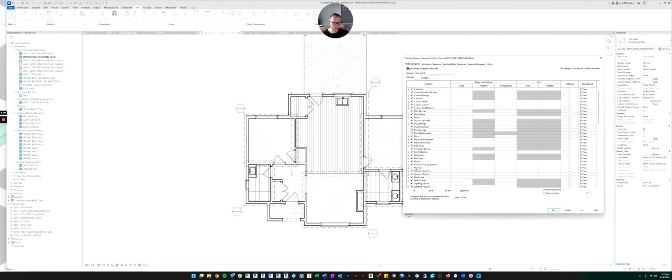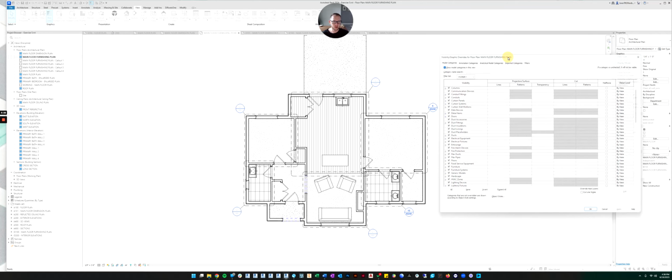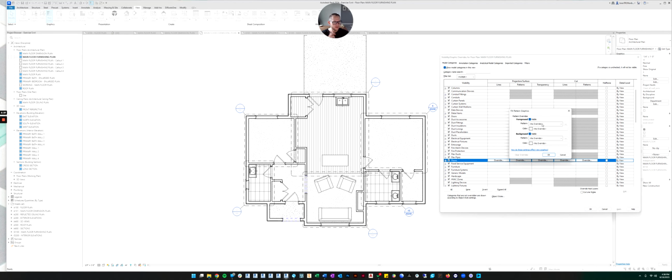The other thing we want to do is show the furniture. So while we're here, let's click the furniture box and click apply. And now our furniture comes back. Something I personally like to do is make this a little bit better looking than it is. If you just did this, you're probably fine. But I like to soften the floor pattern because it's a little too harsh.